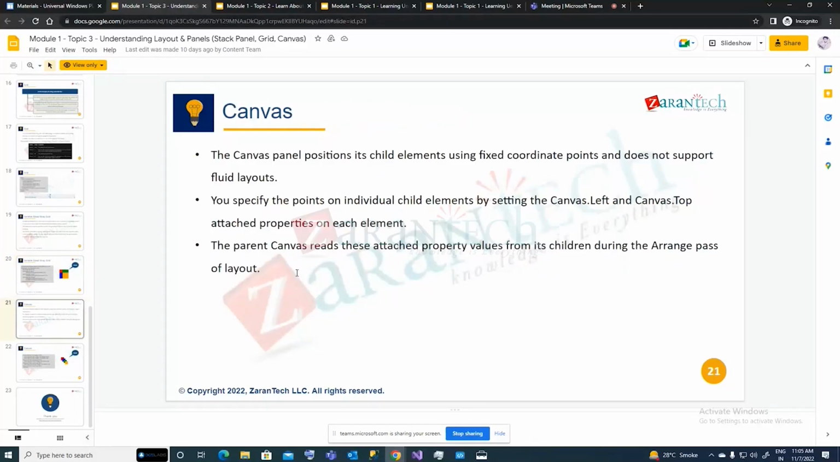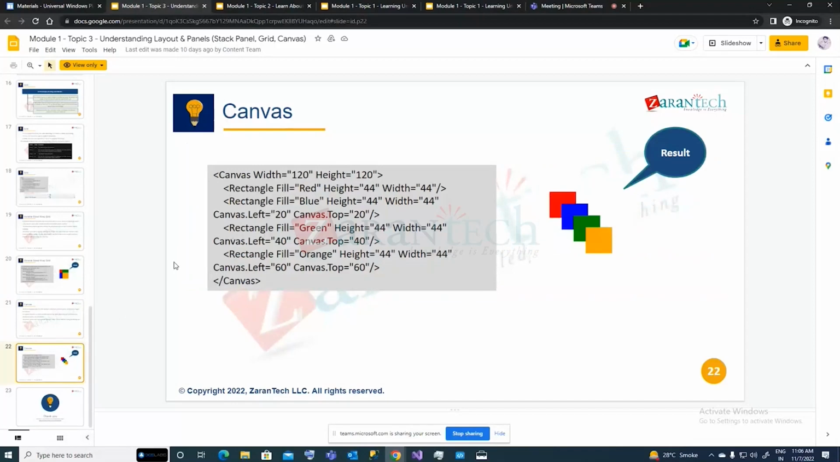Canvas. Okay, so canvas is the most basic panel layout. It has basically no orientation, no kind of rules. What gives you the value is canvas dot left or canvas dot top on the canvas item. Okay, it will be set up automatically. So in the example, the canvas size is